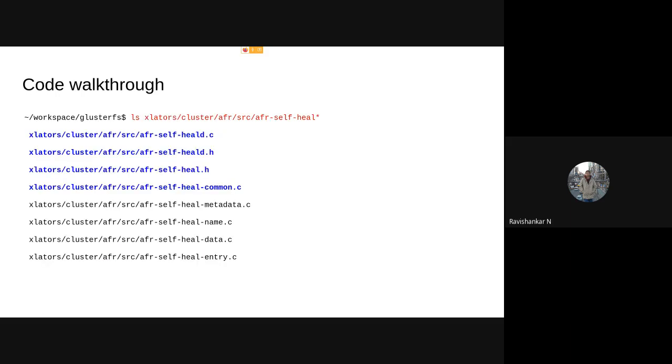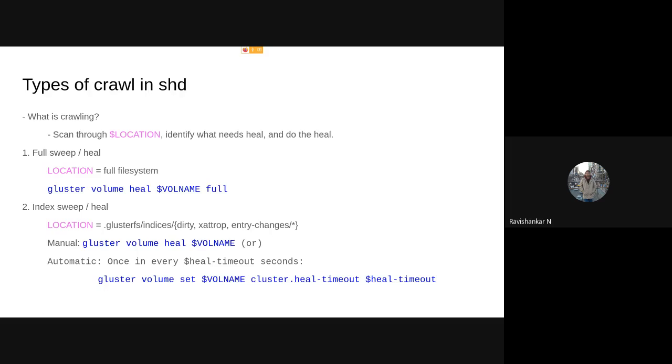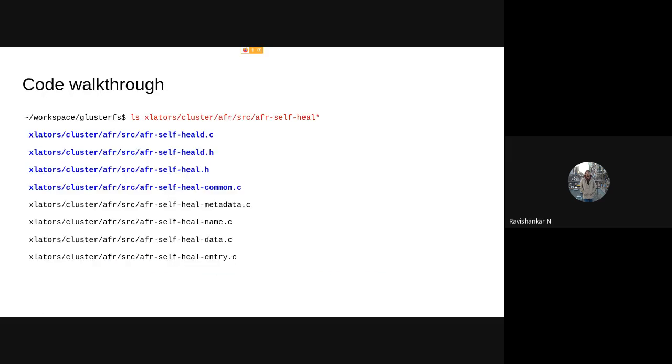I think that pretty much covers the index heal and full heal. If you look at the code in glusterfs, inside xlators/cluster/afr, these are the self-heal related files. You can see the ones in blue and the ones in black.